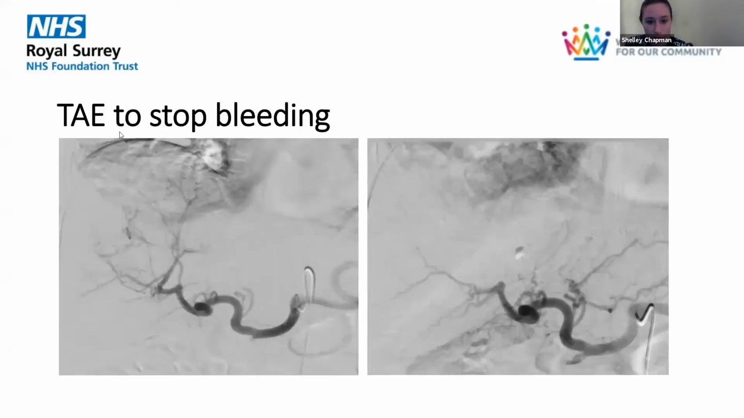So the patient came for a transarterial embolization, a bland embolization, to stop the bleeding. So again, a reverse curve catheter into the celiac axis, a contrast injection, and you can see that there's this large lesion here with multiple arteries supplying it. And we injected bland PVA particles to completely obliterate the arterial supply, and the patient had no